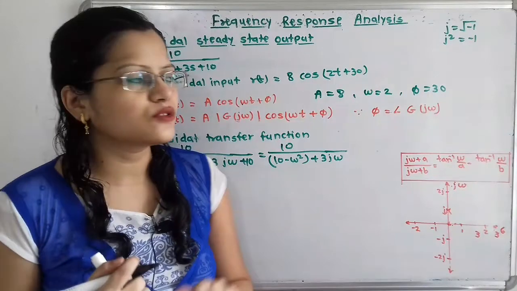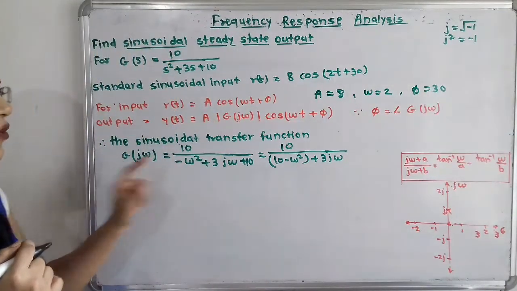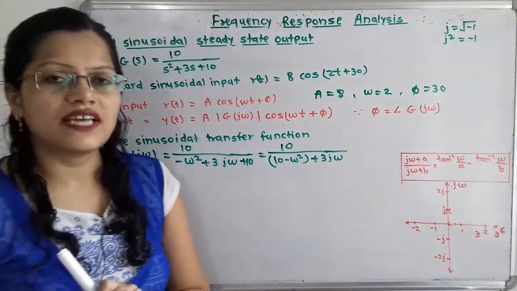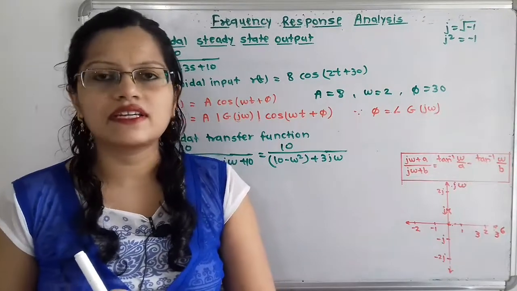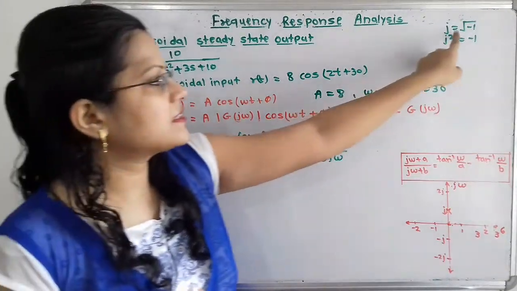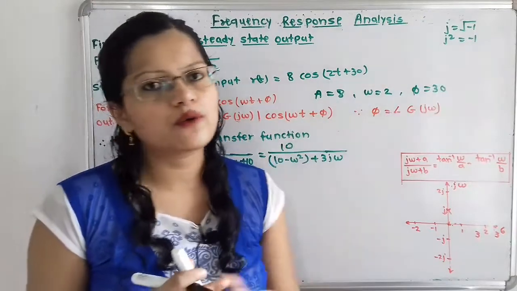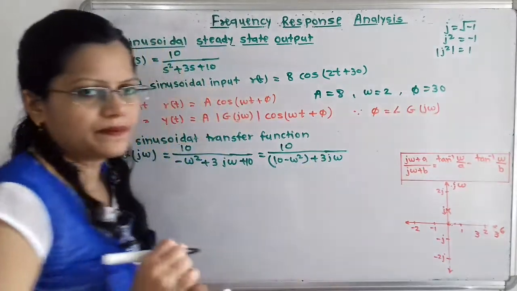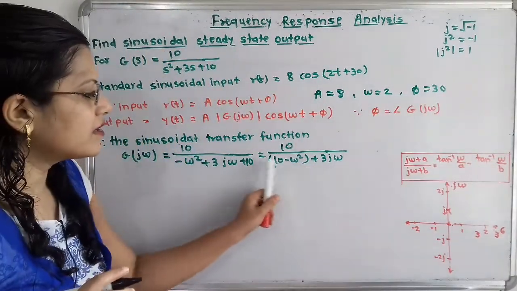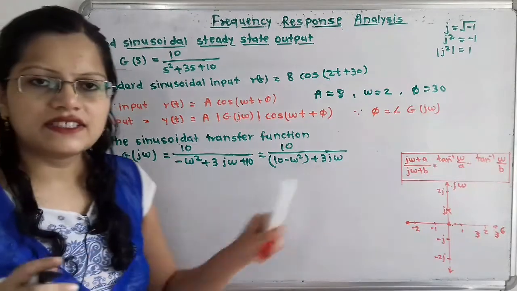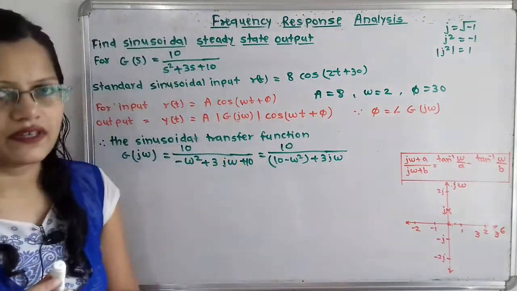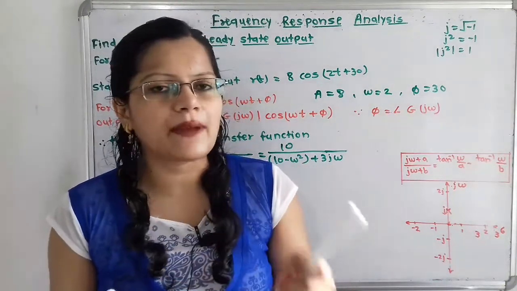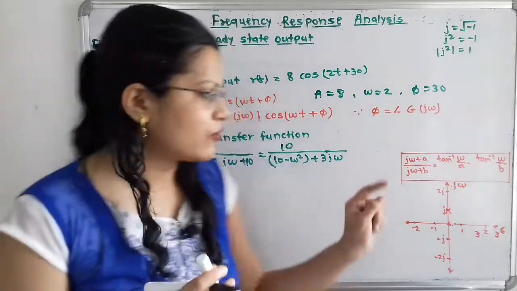So magnitude, that is we have to take the modulus of this G(jω). So how to take the modulus? So when we take this modulus, then all the negative sign is getting converted into positive. So we know that j is under root of minus 1, j² is equal to minus 1. So if I take modulus of j², then it will become plus 1. So we have to take here in the denominator, where j is there, we try to take its square. So how we can take its square? So if I take square root and square simultaneously, then there will be the value of j².